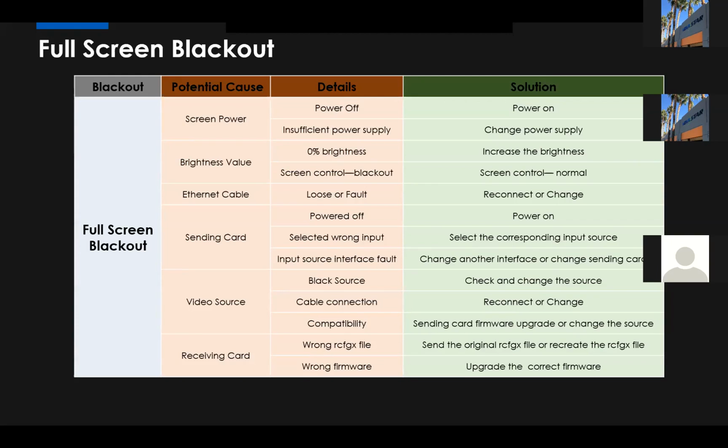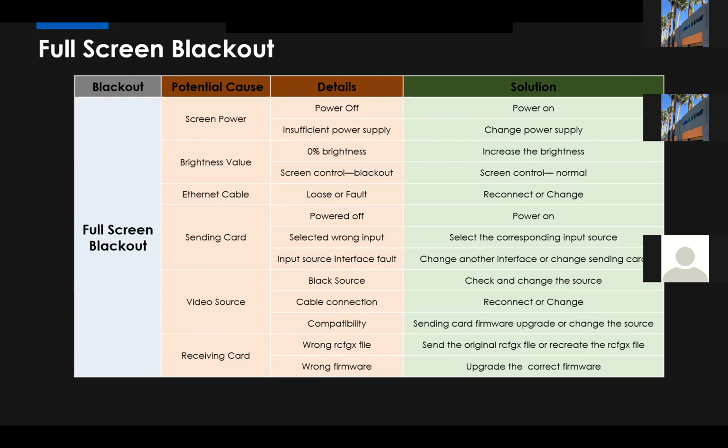First, the simplest but most overlooked problem is the screen power. Before we do any other checking, first we need to make sure the screen power is turned on. At the same time, check if the power supply is adequate, and if not, change the power supply. Then we need to check the screen brightness value.